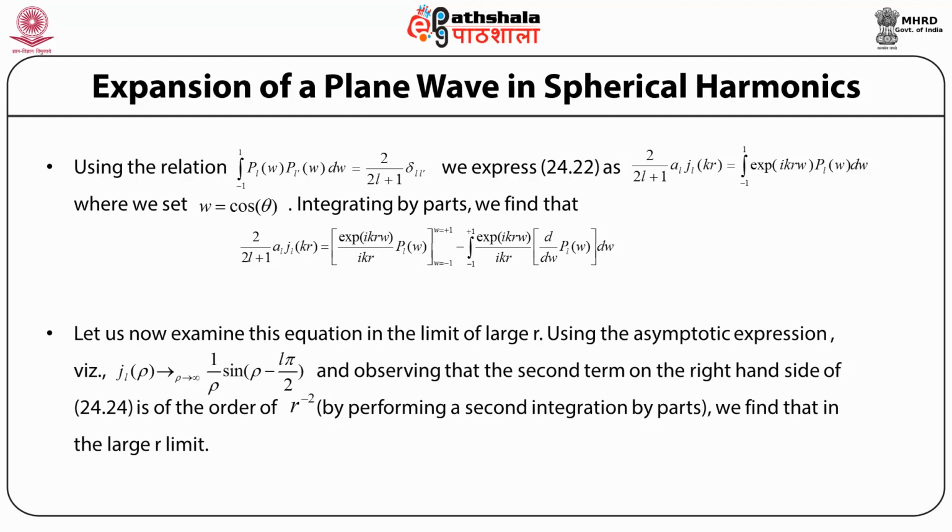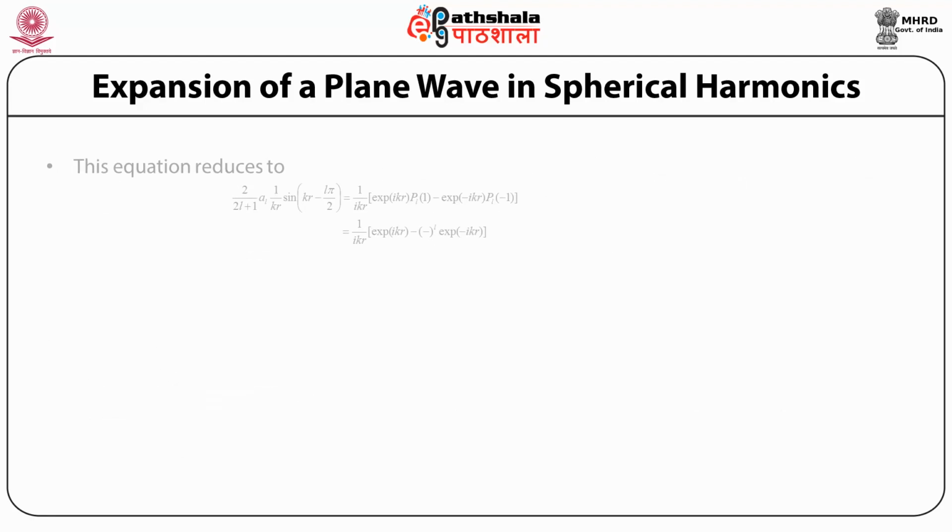Let us now examine this equation in the limit of large r. Using the asymptotic expression j_L(rho), when rho tends to infinity, is 1 over rho times sin(rho minus L pi by 2), and observing that the second term of the right hand side of 24.24 is of the order of r to the power -2, by performing a second integration by parts, we find that in the large r limit, this equation reduces to